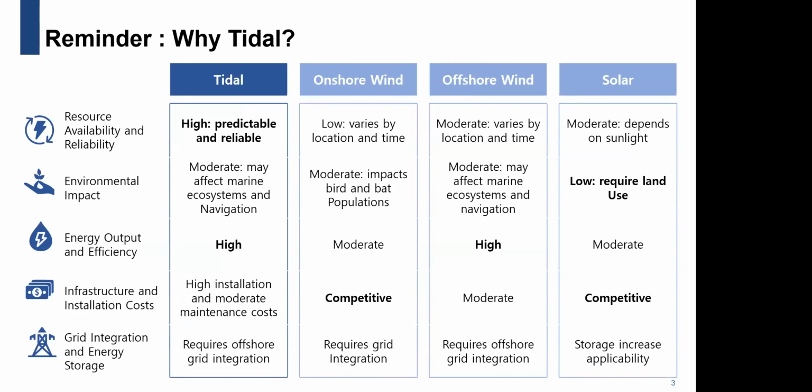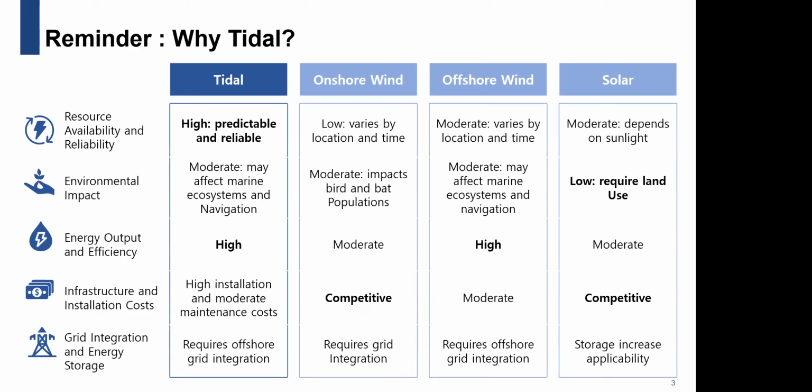But there's lots of renewable energy we are familiar with. Onshore wind, offshore wind, and solar are the most popular renewable energy, and they are very cheap energy, but they are not sustainable and predictable. If it's cloudy, solar energy cannot generate any energy. If the wind stops, wind energy also cannot be generated. But tidal energy is more sustainable and predictable compared with the other renewable energies. But the one